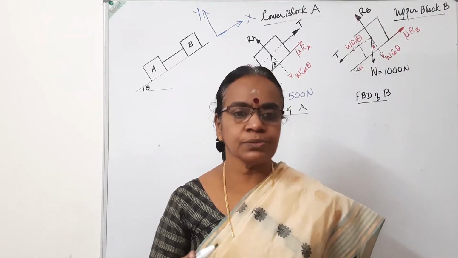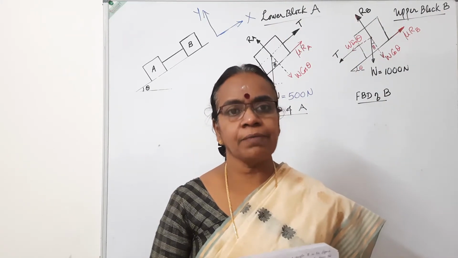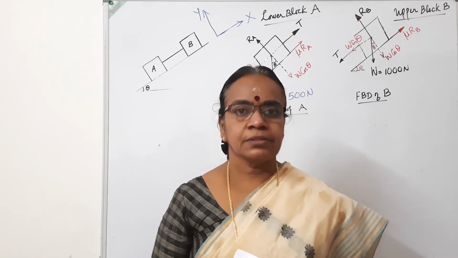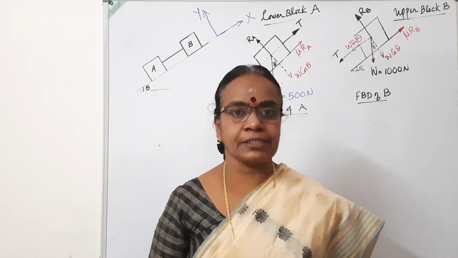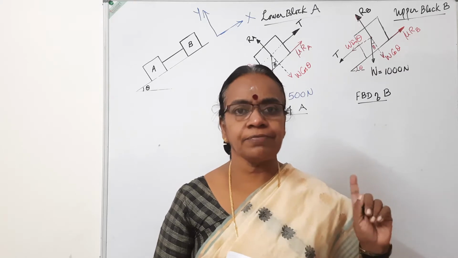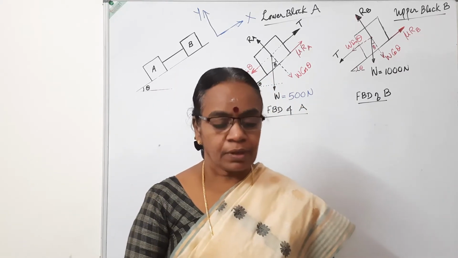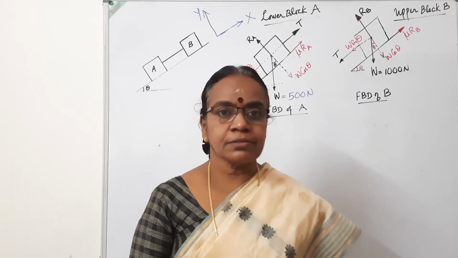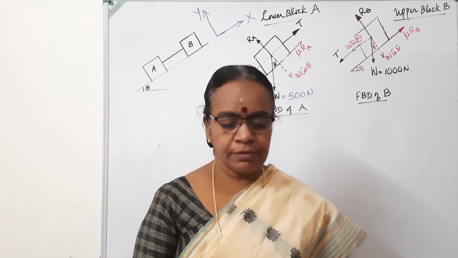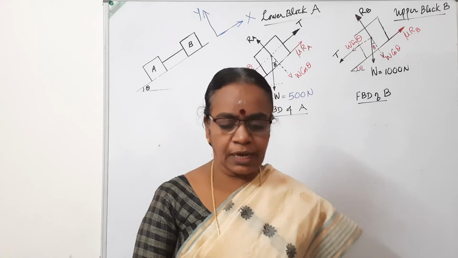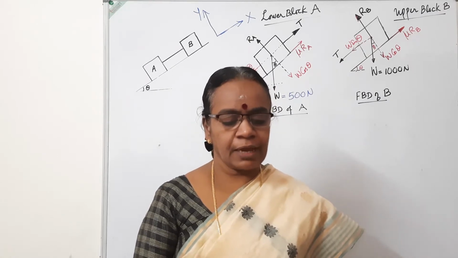So we are passing on to the second example on motion, analysis of friction of connected bodies. In this case, I have given you a numerical example. I'll give you the question. I will read: two blocks A and B weigh 500 Newton and 1000 Newton, and they are placed on an